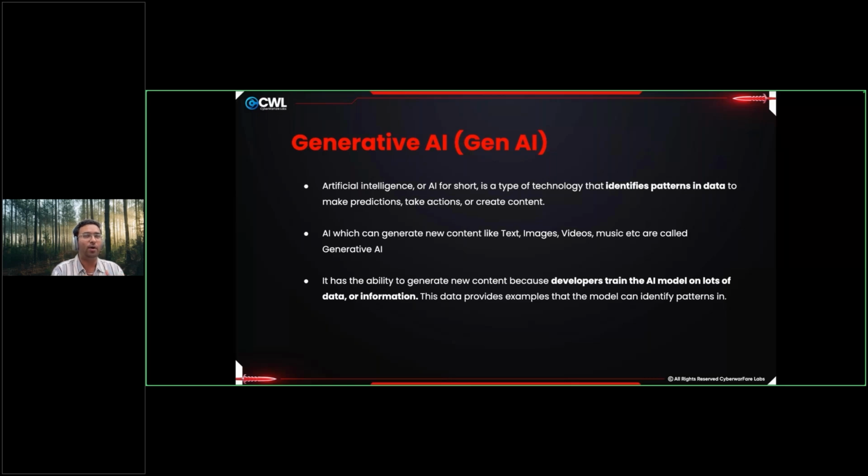So the repetitive tasks that people used to do previously, for example, entering data into a manual sheet, or maybe some other manual tasks, are now automated thoroughly with the use of artificial intelligence. So this is nothing but a technology. It identifies patterns in the data, and it makes predictions based on